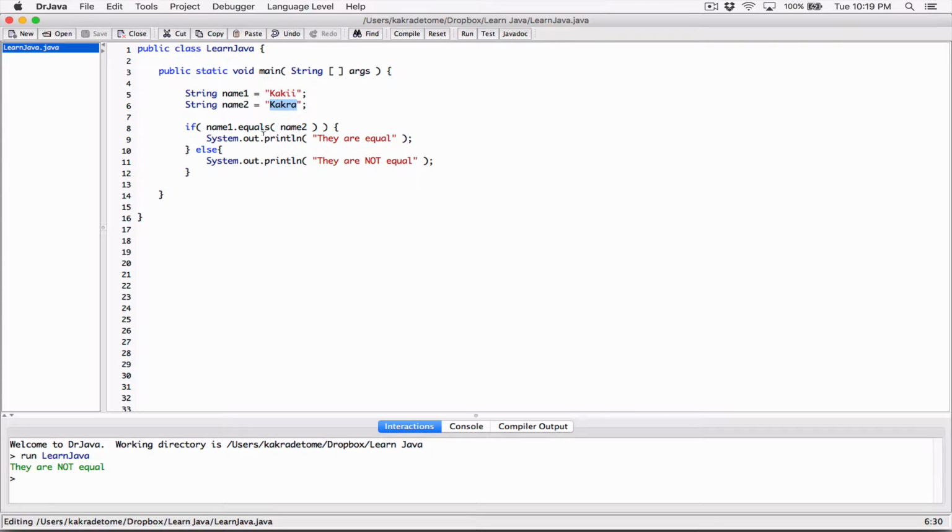Now we know this already from the not logical operator, right? That's the exclamation sign. It just basically reverses a logical expression, or a Boolean expression, or a Boolean value. It changes it to the opposite. If it's true, it changes it to false. If it's false, it changes it to true. So the way we would say if name1 is not equal to name2 is by placing the exclamation sign in